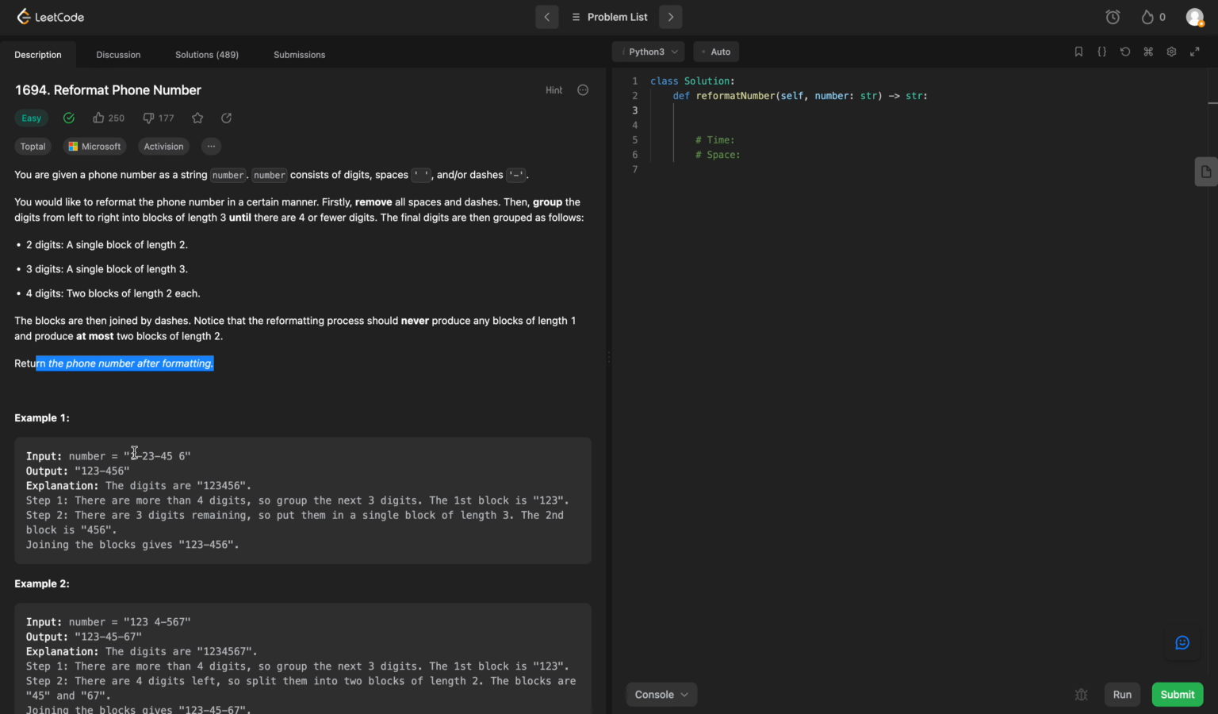So if we look at our examples, we've got this phone string, and then we've got the return output, our numbers separated into blocks of 3 with a dash in between. Okay, so